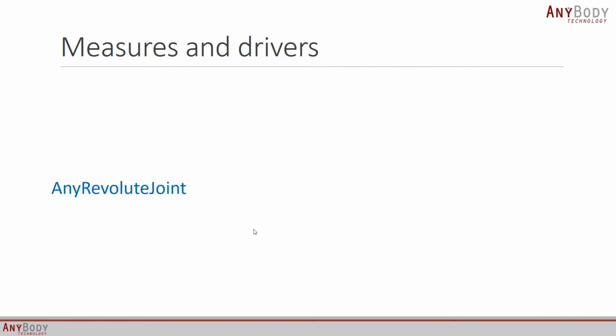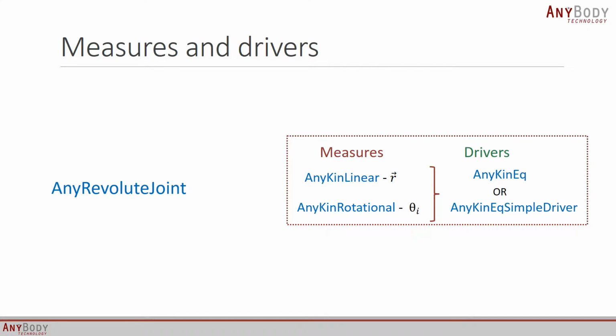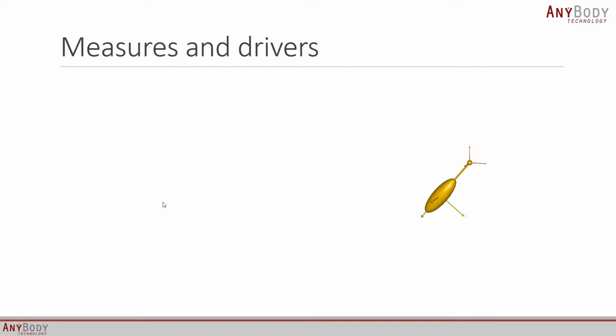So if we had chosen to create the joint using any W joint, or alternatively using the manual technique of specifying the measures and drivers ourselves, these two techniques would have been exactly equivalent. So all that this class on the left is doing is just making life a lot simpler for you. So we've discussed the creation of the W joint, but now let us look at how we would add motion